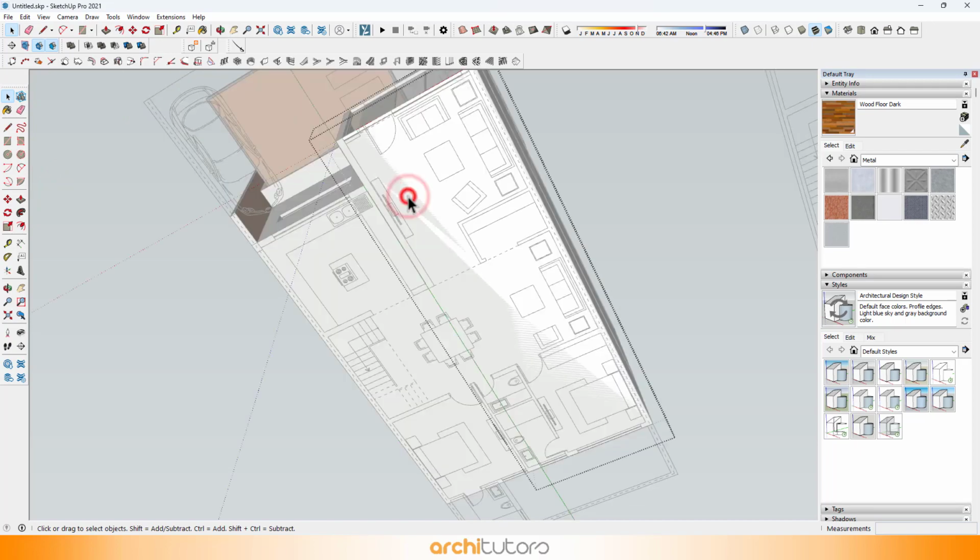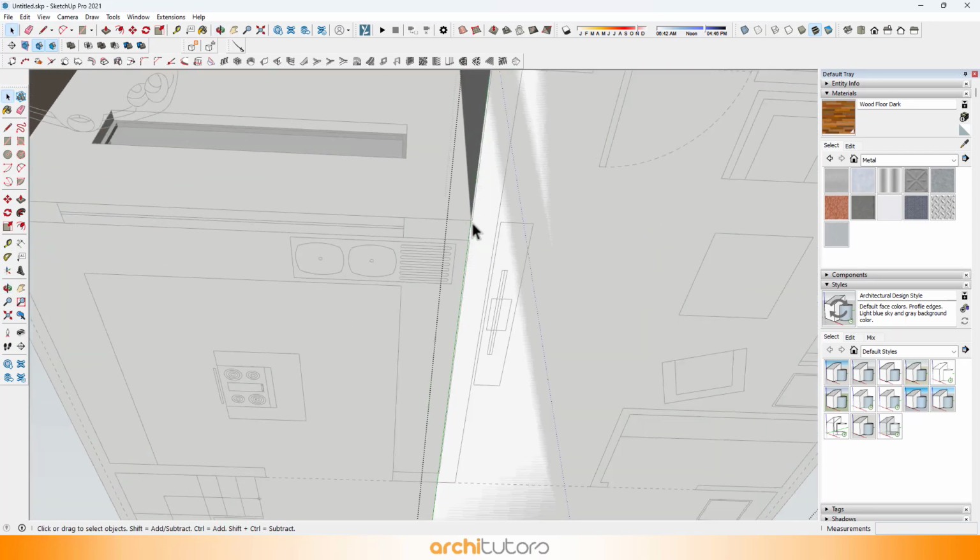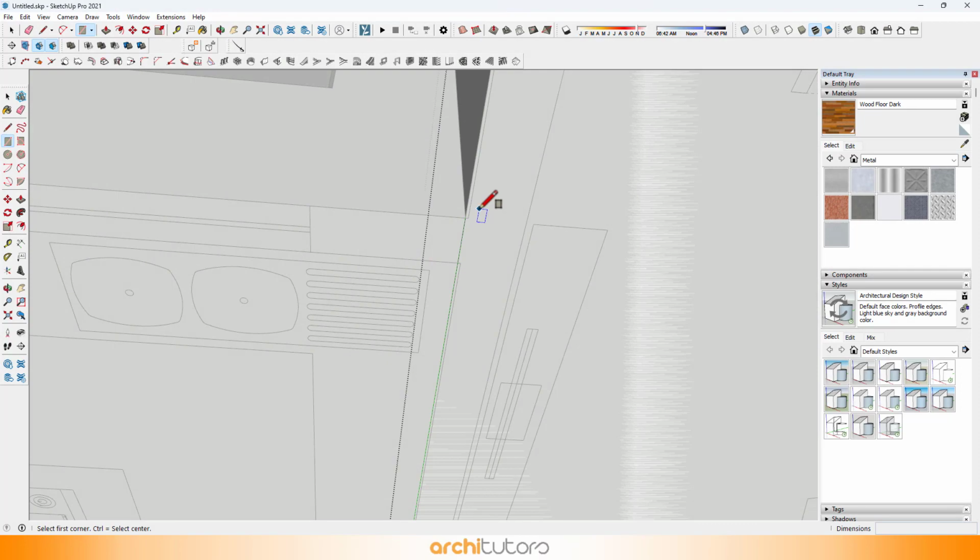Create a plinth slab, by first creating a surface underneath and then extruding it using the push and pull tool. And make it into a group.